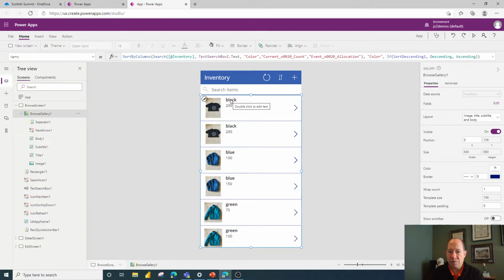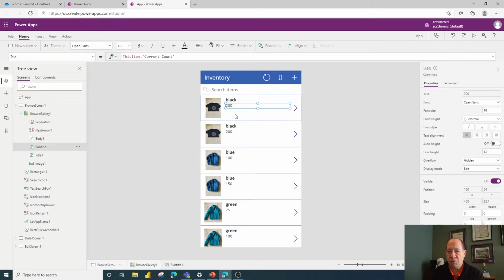These values, like black and 200, and then this empty value down here, as we change this, it dynamically changes everything else within the gallery. So that takes a ton of time away from having to go in and update things. So now what I've done is I've clicked on black, which over here on the left hand side is named